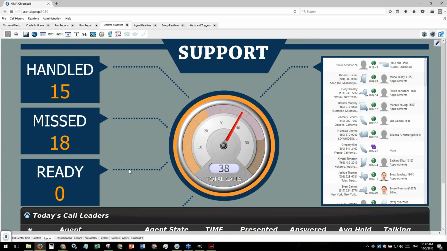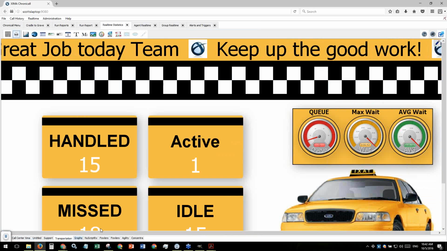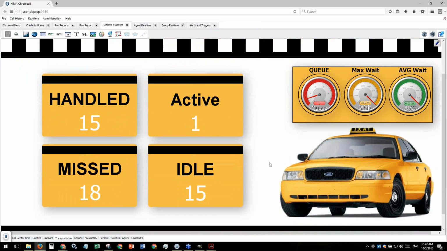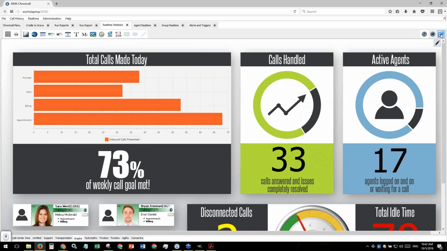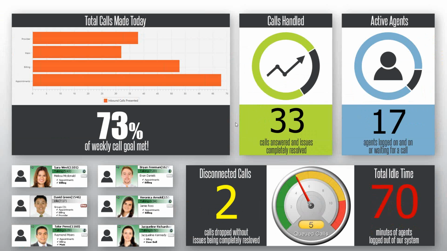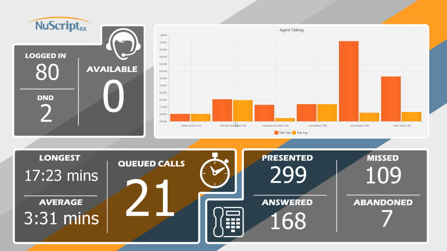I want to see them specifically. Okay, well, here's our transportation group that we're in charge of. I want to have a wallboard for them, or we want to have charts and graphs. And we can have multiple wallboards, put them in full screen mode, have them rotate automatically every couple seconds,